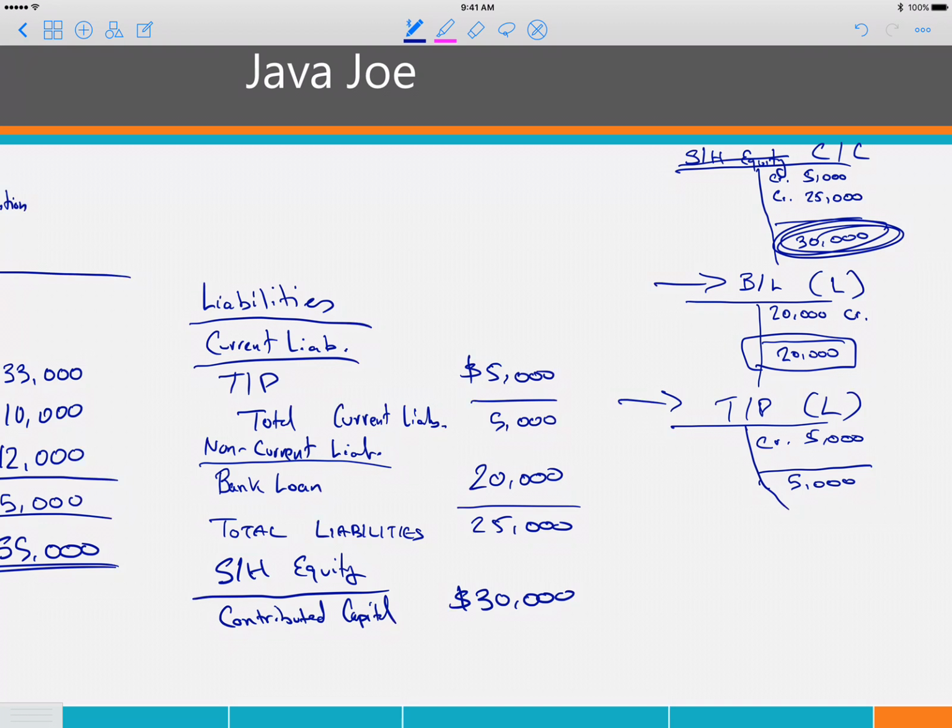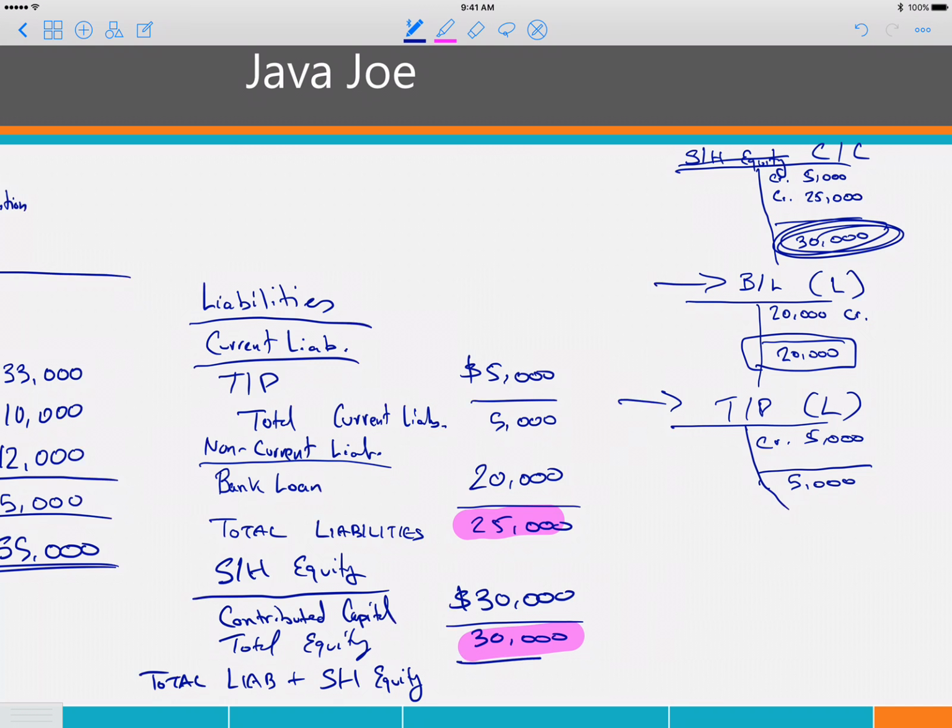Not yet, because they haven't made any sales yet. So our total equity is $30,000. And we now add up total liabilities and shareholders' equity. So to do that, we add our liabilities and we add our equity, and that gives us a balance of